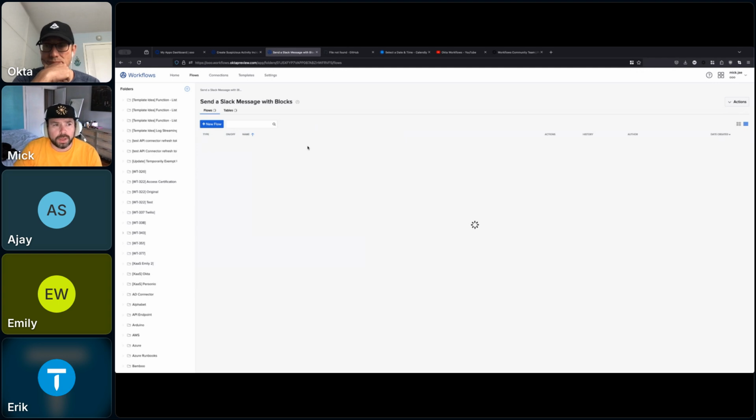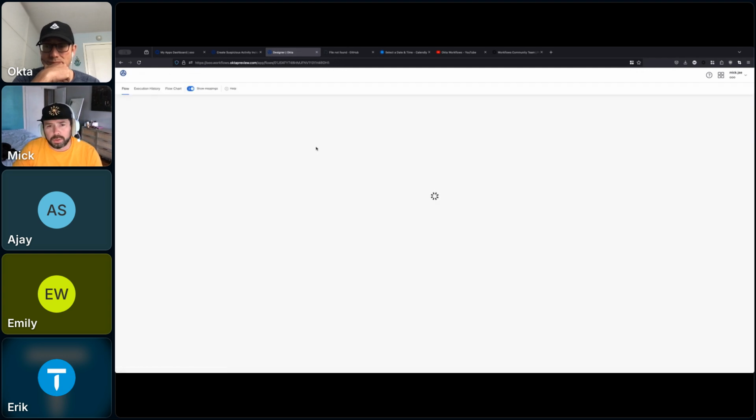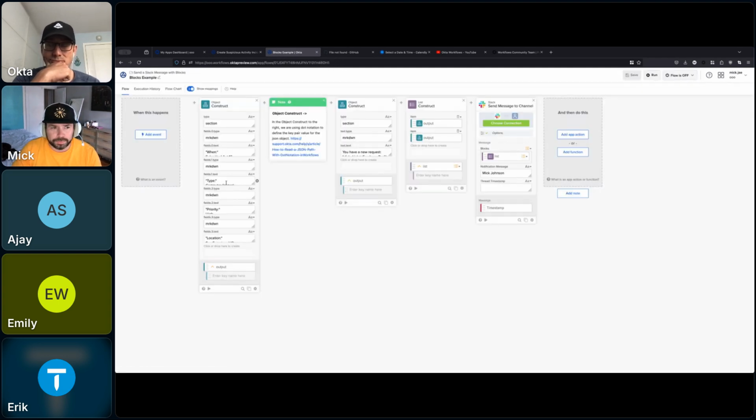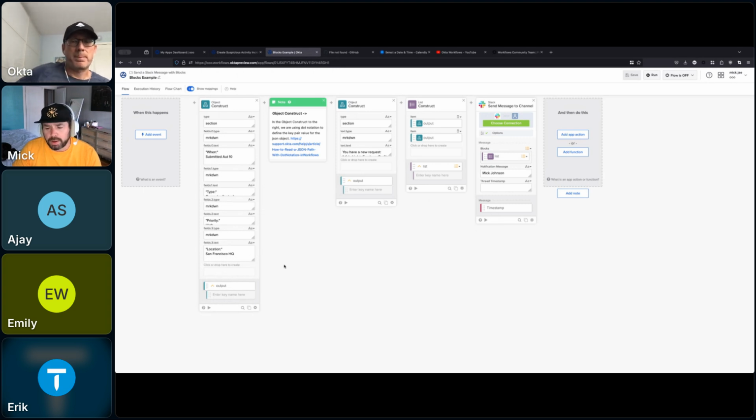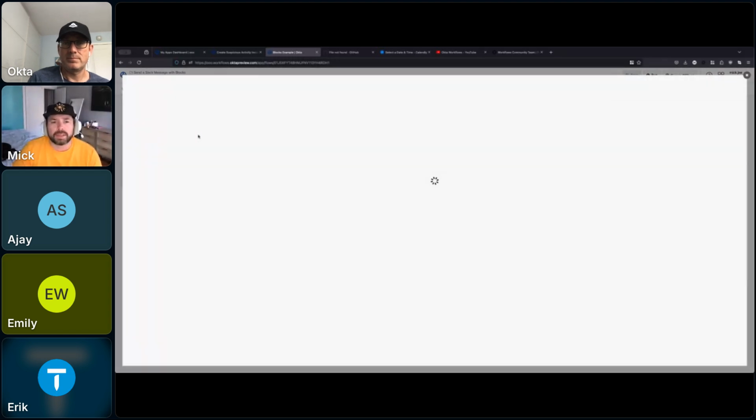And so if we go into this flow, we've got an example of creating a Slack block message, which if you've been to their website and you've played around in the blocks playground or sandbox, I forget what it's called, this might look pretty familiar to you. And so instead of just using this example, I want to add an event to this.